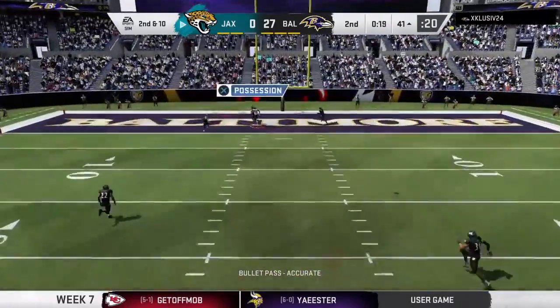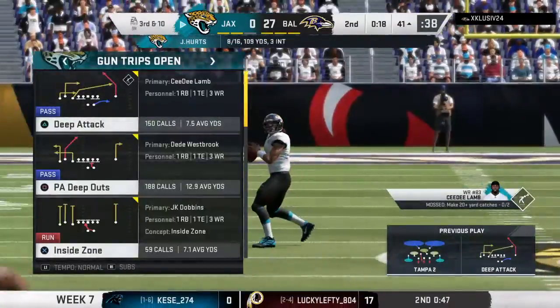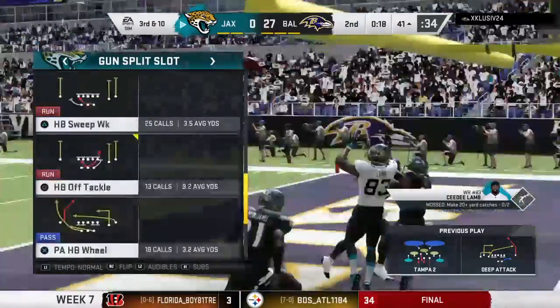Oh, he's going to let this go for the end zone. Back of the end zone. Could he get his feet down? No, it's incomplete. Even without a ton of pressure in his face, it just shows how difficult it is to